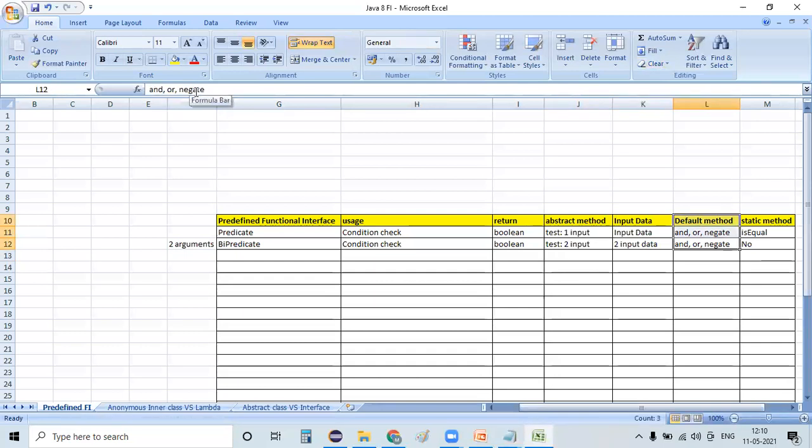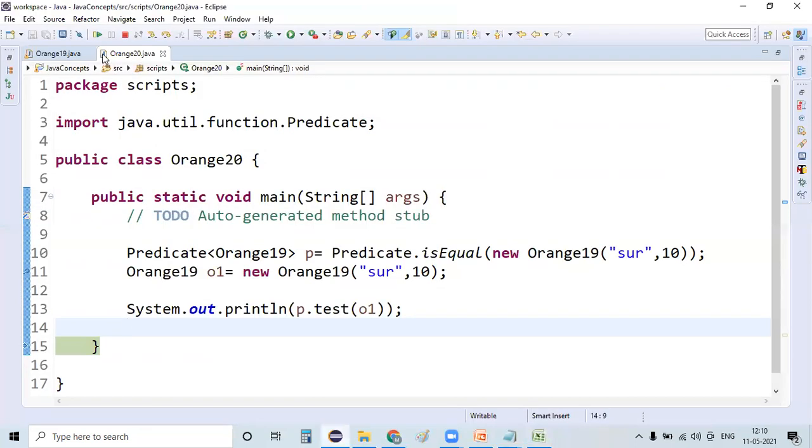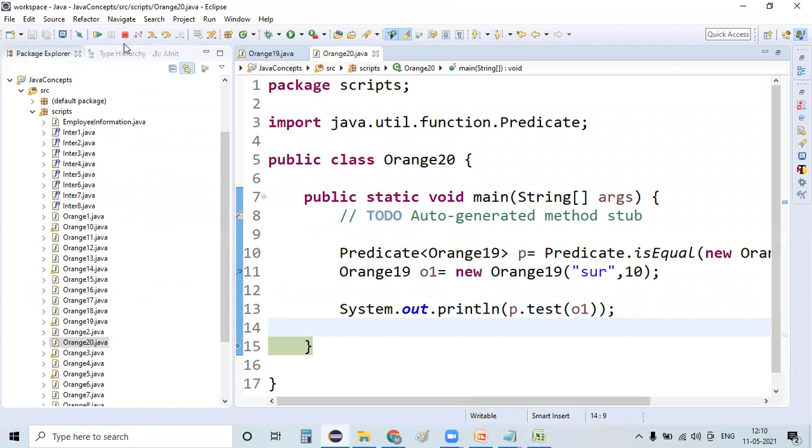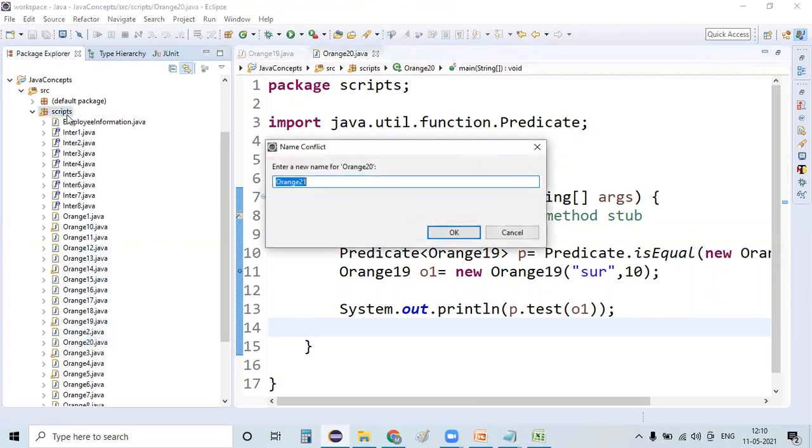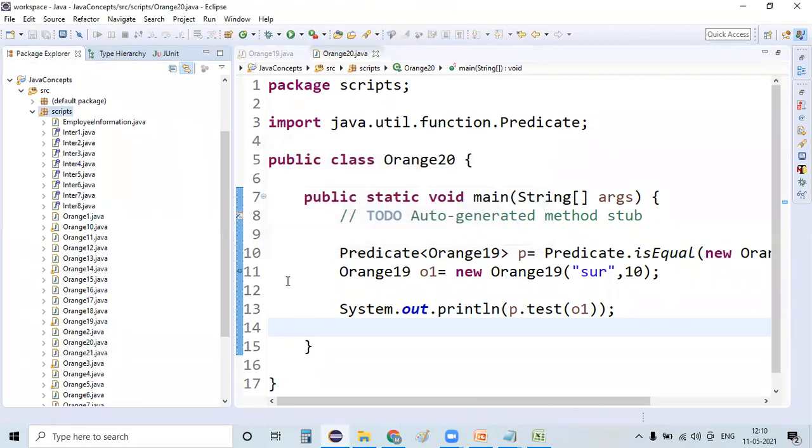We have the default methods and, or, and negate for BiPredicate, and we don't have any static methods. In a nutshell, both Predicate and BiPredicate are almost one and the same. The only difference is Predicate accepts a single argument, whereas BiPredicate accepts two inputs from the user and performs certain conditions on them.